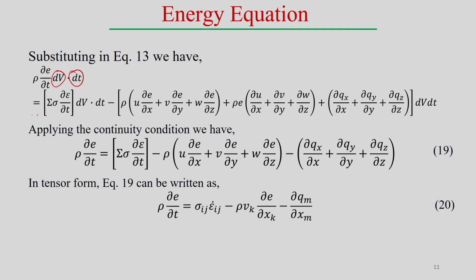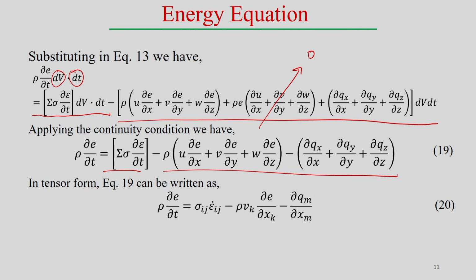From there, this is the incremental strain energy, and this is the energy in and out balance. So, this is how the energy equation 13 can be written. But if you look into del U by del x, this is equal to 0, because if you follow the continuity equation. Now, applying the continuity condition, we can modify this equation, rho del E by del T. So, it is a net gain of strain energy, the incremental strain energy in the other part, and finally, we can read this as the energy equation.